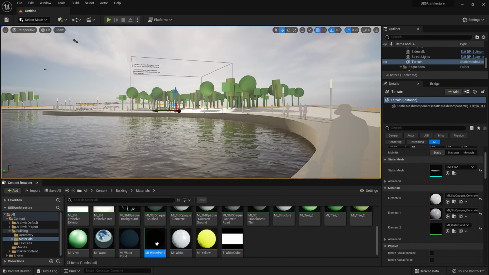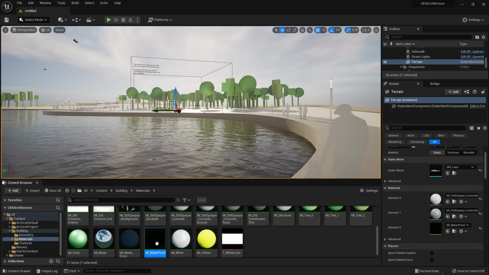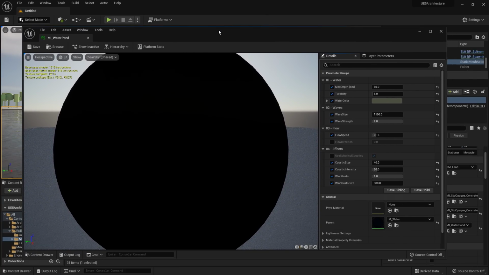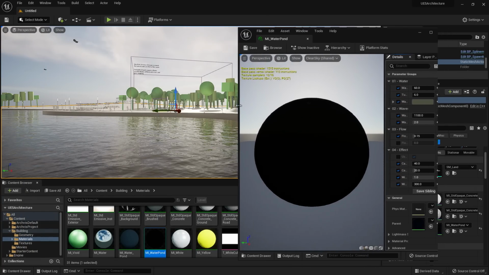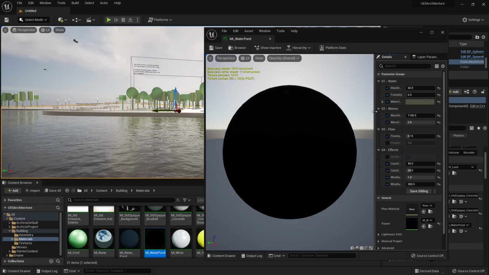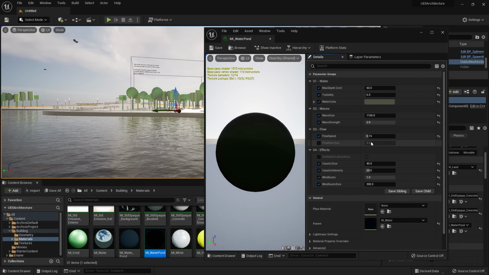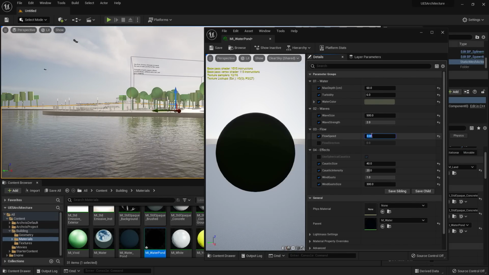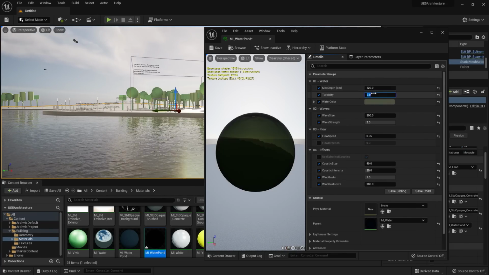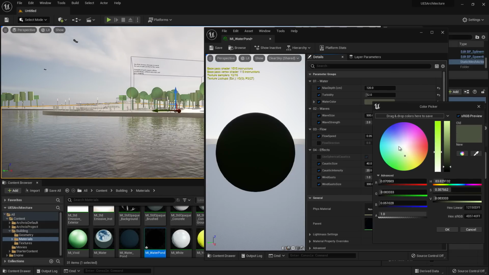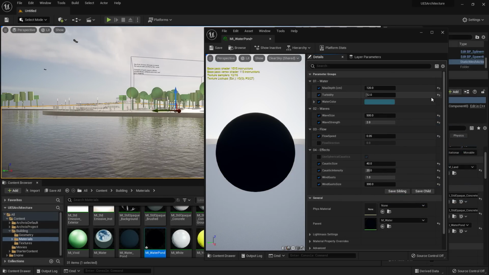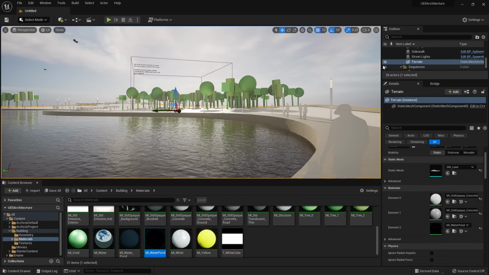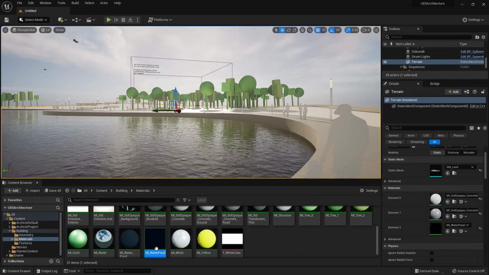Now, the MI stands for Material Instance, which is a part of the naming structure that the Unreal Engine starter materials are set up on. When I double-click this material, you'll be able to see some of the options that we have for editing this material. I'll go ahead and drag out this Details panel, and let's play around with some of these settings. So you'll see the changes that are occurring inside of Unreal Engine as I make those changes. So I'll go ahead and save it and close out of that. But anytime I'd like to use it for a project, I can drag and drop this material onto any element.